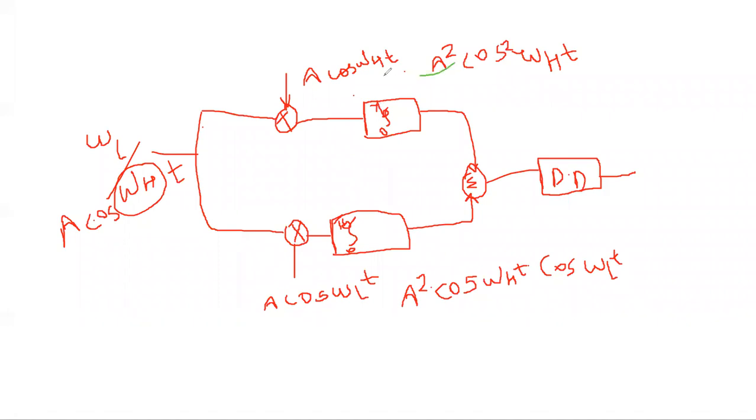The square term is given to the integrator in the upper branch, and this second multiplier term is given to the integrator in the lower branch. Here the adder has two different signs: here it is positive, and here it is negative. So this adder will act as a subtractor in the BFSK receiver.